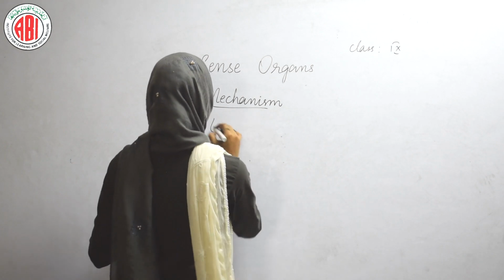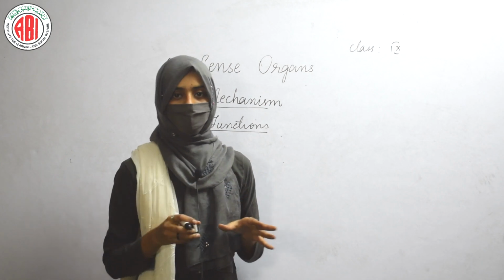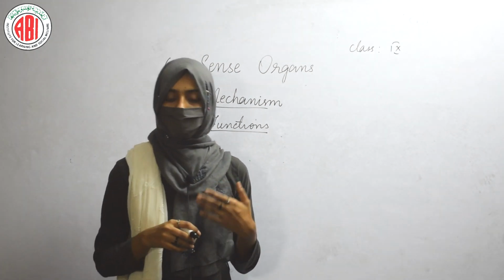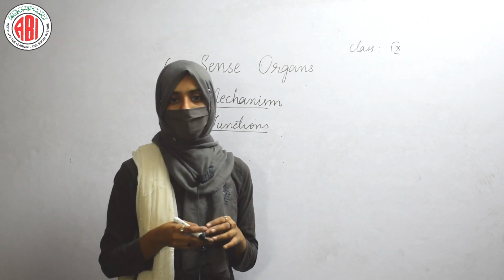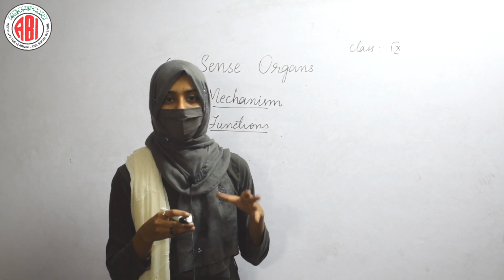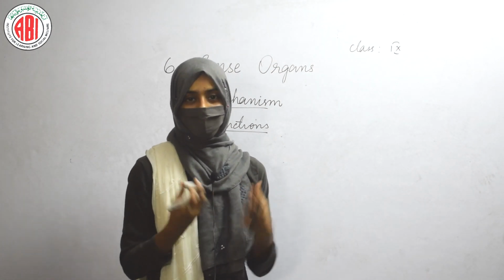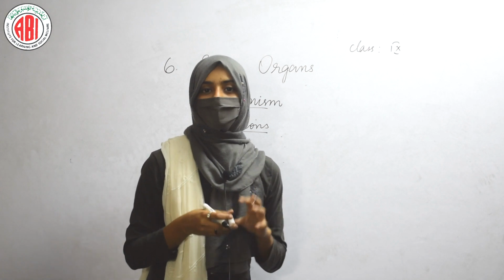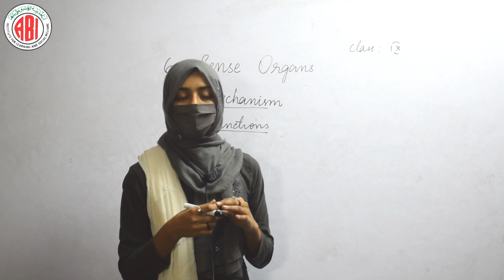Now we'll discuss the functions of our ear. What functions does it include? Usually ears are our sense organs that help us to listen to different sounds, and help us to know what is happening in our surroundings. The other function of our ear is to let us know the direction from where the sound comes. We are able to identify the direction because of the presence of ears. And one more function of the ear is that it helps to balance our head. So this is a sense organ that helps to balance our head and maintain equilibrium.